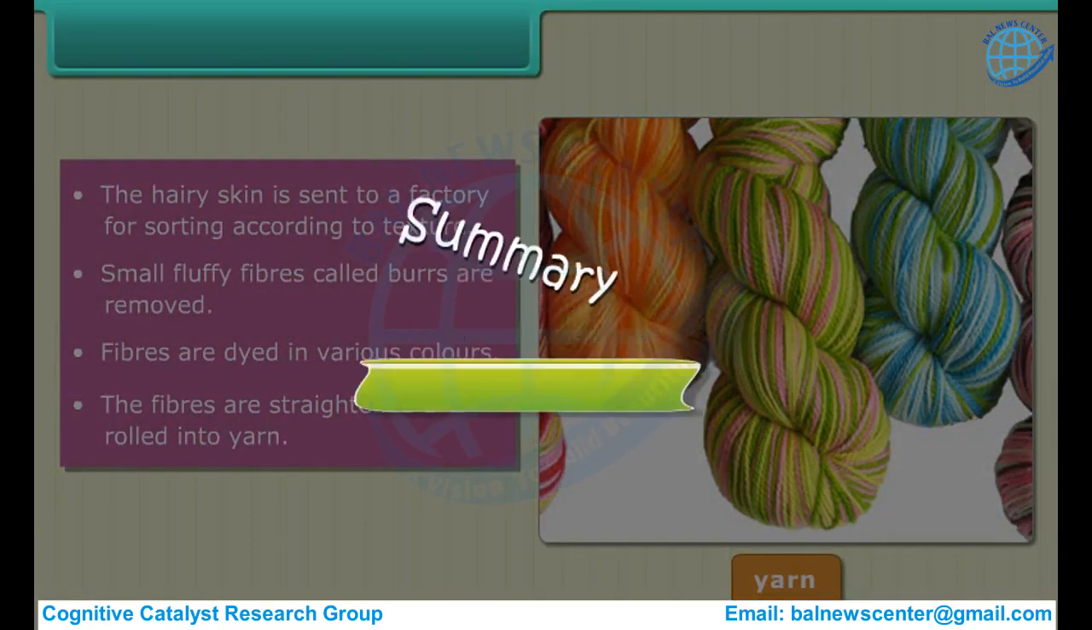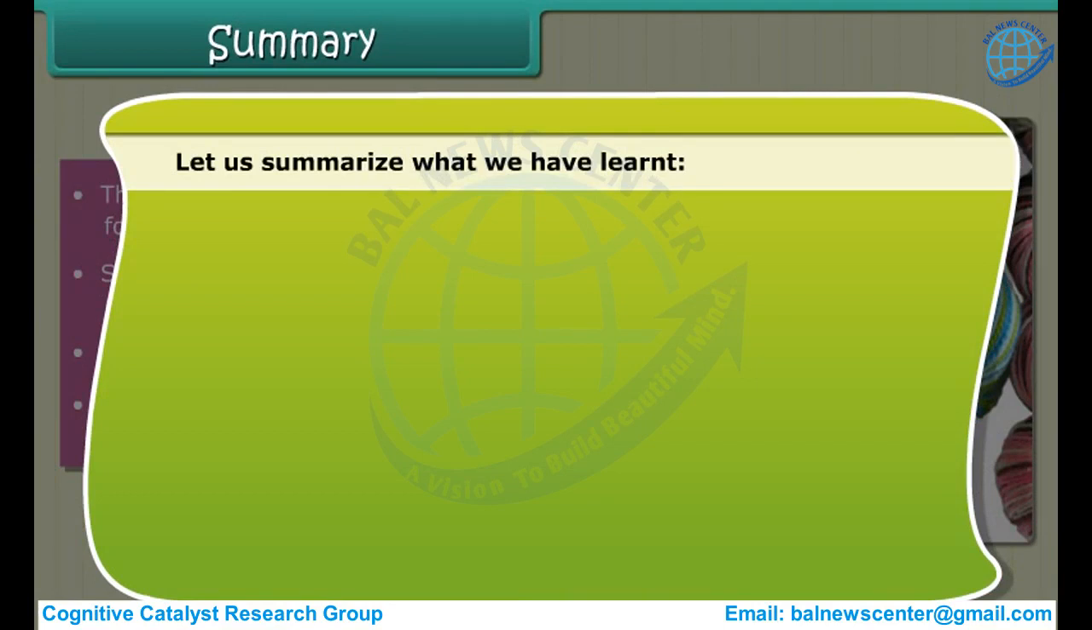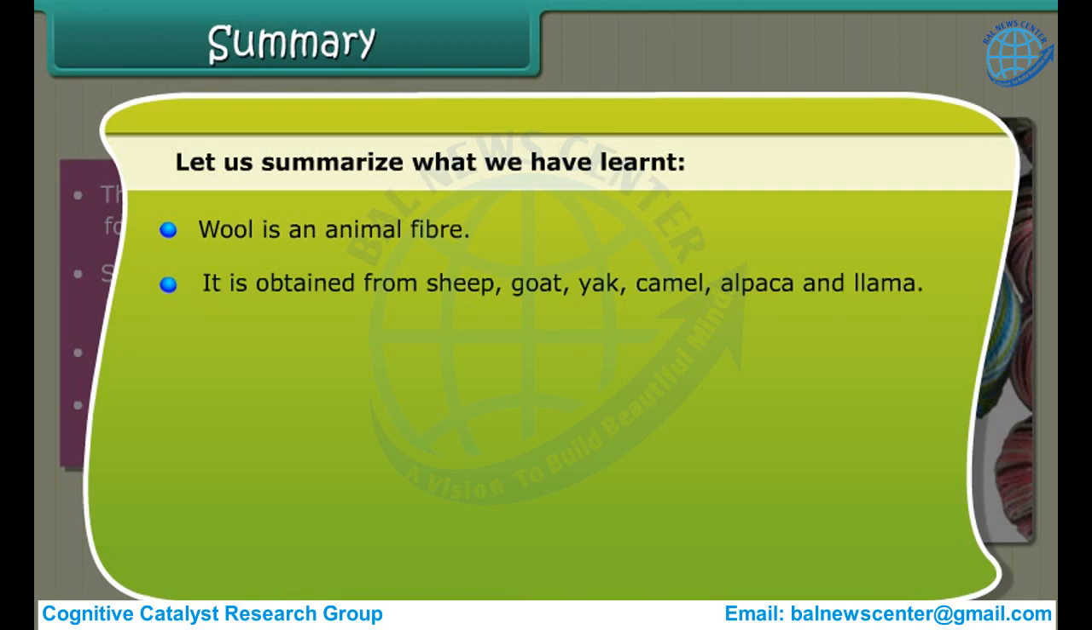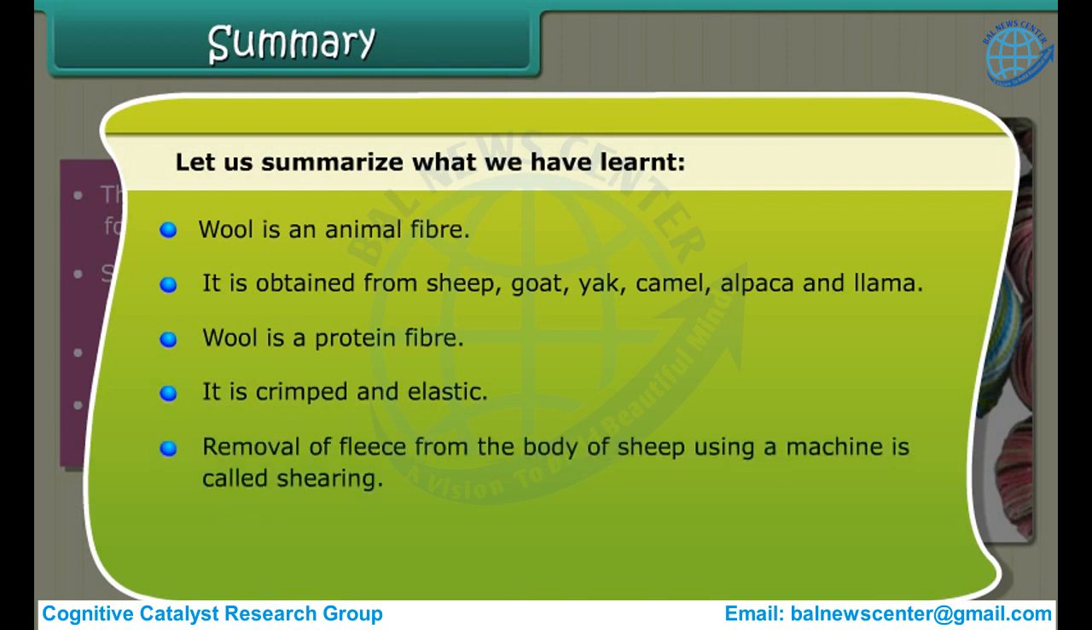Summary. Let us summarize what we have learned. Wool is an animal fiber. It is obtained from sheep, goat, yak, camel, alpaca, and llama. Wool is a protein fiber. It is crimped and elastic. Removal of fleece from the body of sheep using a machine is called shearing. Washing